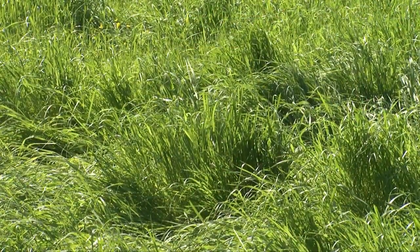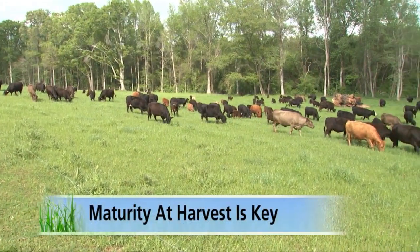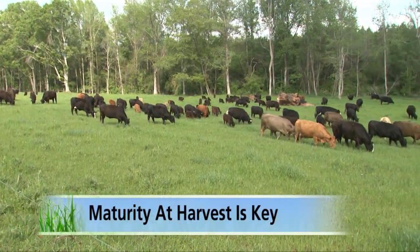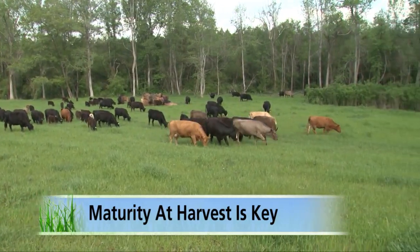The goal is to decide the optimum time to harvest, which leads to good productivity and forage quality. Stage of maturity at harvest is the single greatest management factor under the control of a producer that affects forage quality. Animal performance is very much related to nutritional value of the material, and stage of maturity at harvest greatly affects